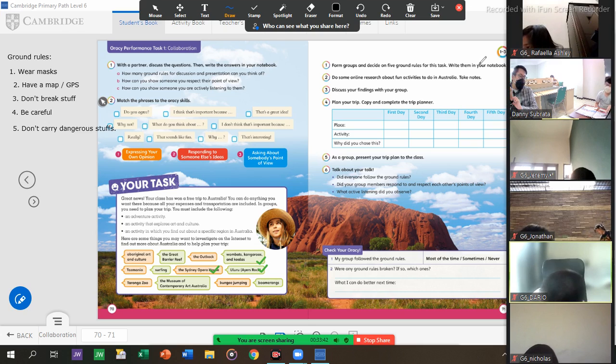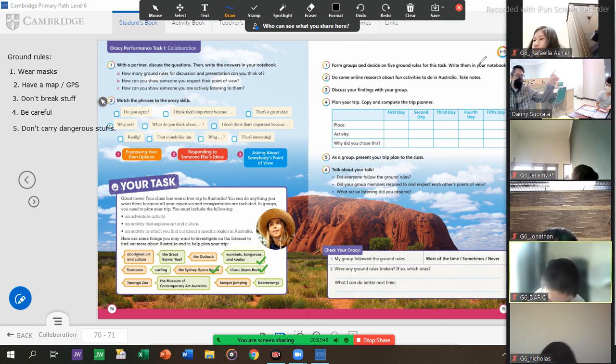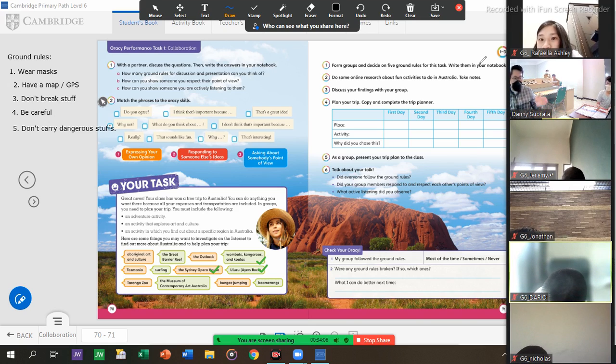Shouldn't the first day still be at the airport and going to the hotel? Let's imagine that the first day here is where you are already in Australia. So 7 days. The first day is when you go to Australia, and the last day, the 7th day, is when you go back to Indonesia. So let's imagine that you have a whole week going to Australia. What will you do? What kind of plan? Which place do you want to go? What kind of activity do you want to do? And the reason why you choose that.